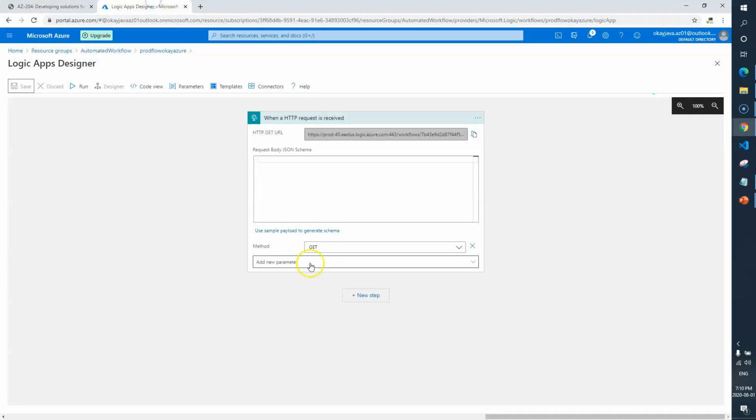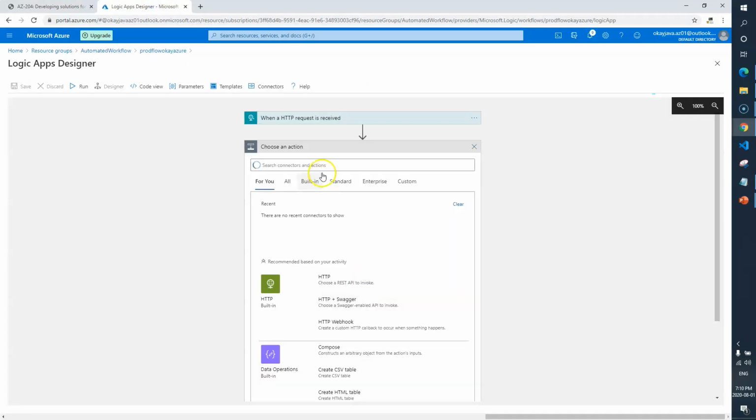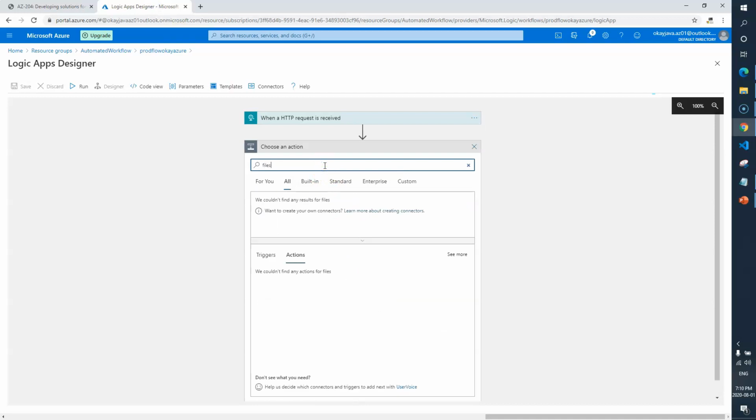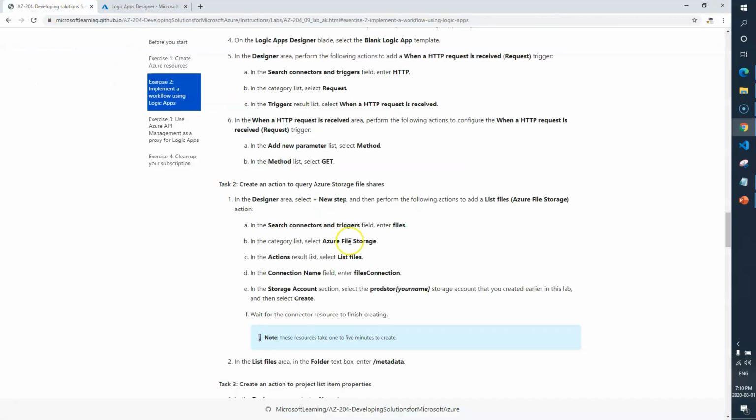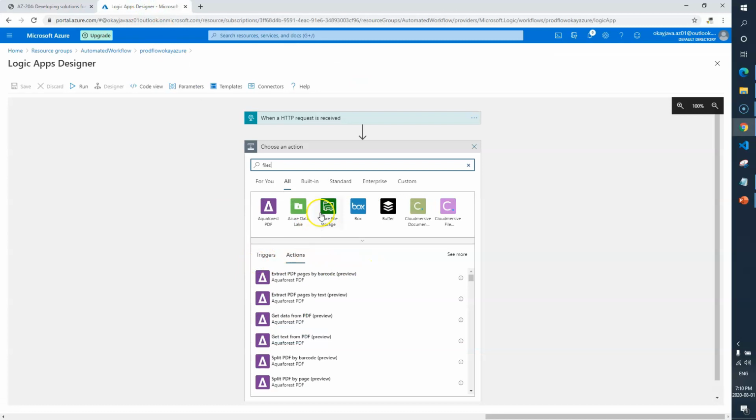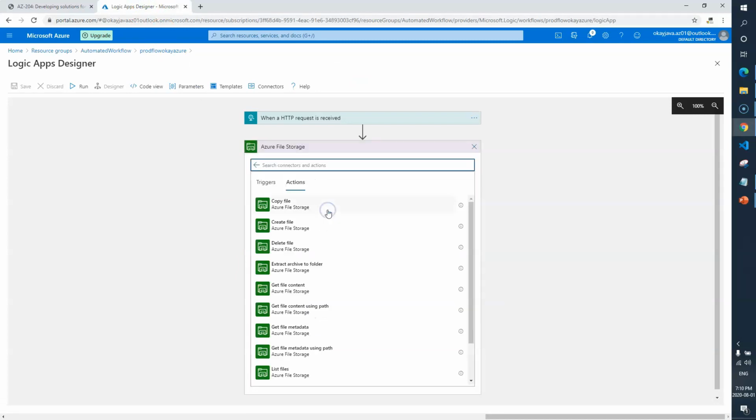Let me add a new step and search for files. In the category list select Azure file storage, and in the action result list select list files.